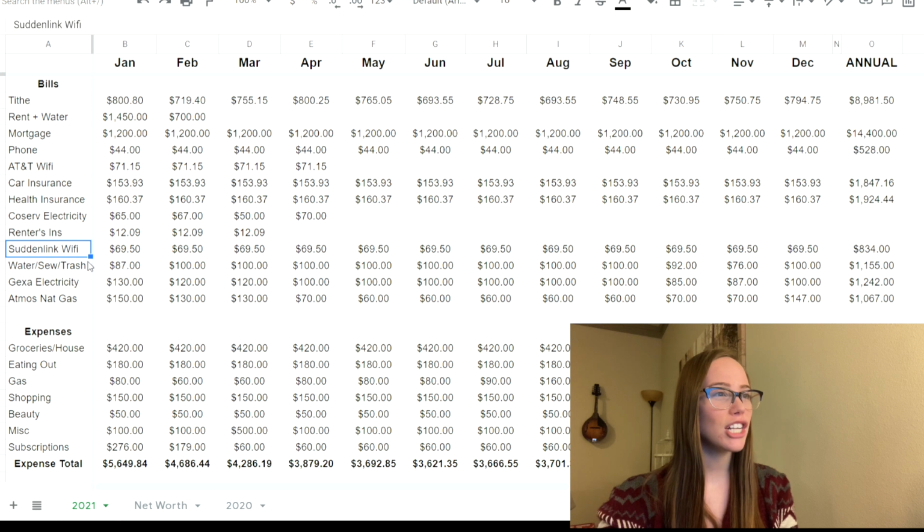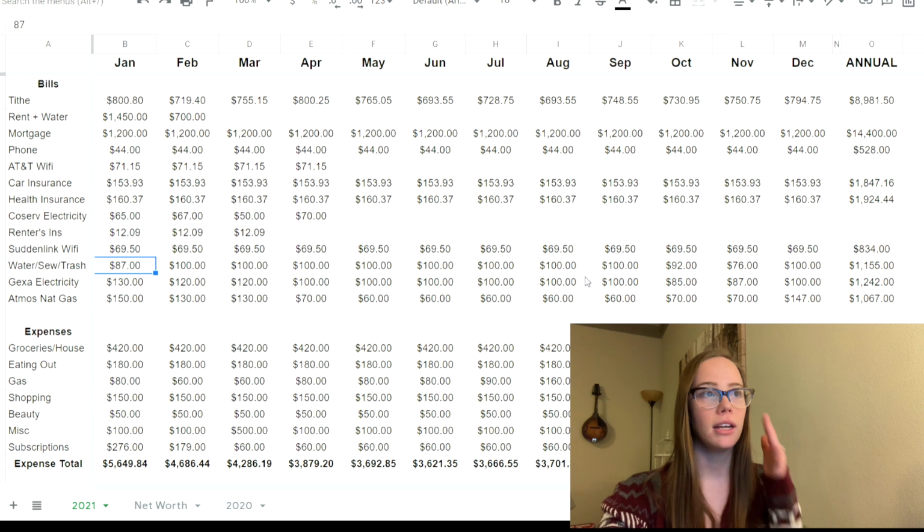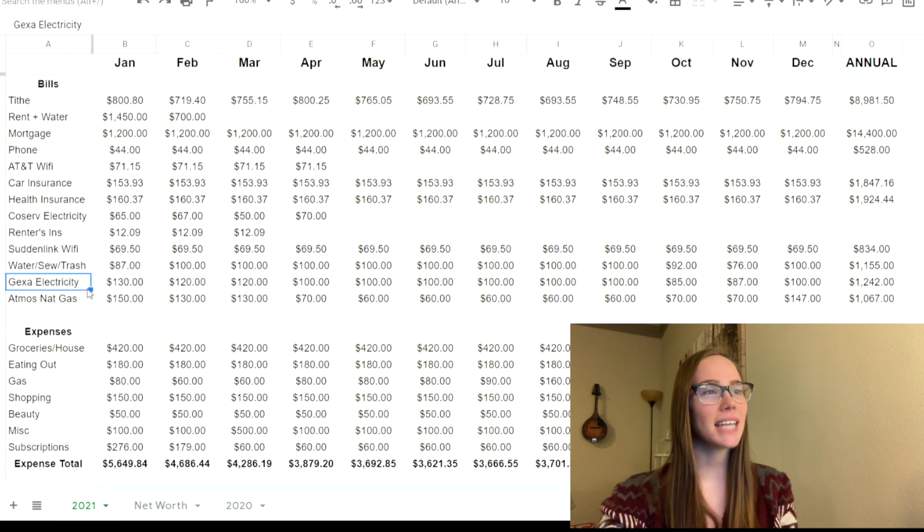And water, sewer, trash, I don't really know for this one, but I do know we've owned the house since September and we've been paying bills since October. So I put in October's real number, November's real number, December, I guess, was around that, and then January's real number, and then I just guessed for the rest of the months and put in a higher number so that I wouldn't be disappointed, but instead could be pleasantly surprised if it were lower. Electricity is kind of the same story,